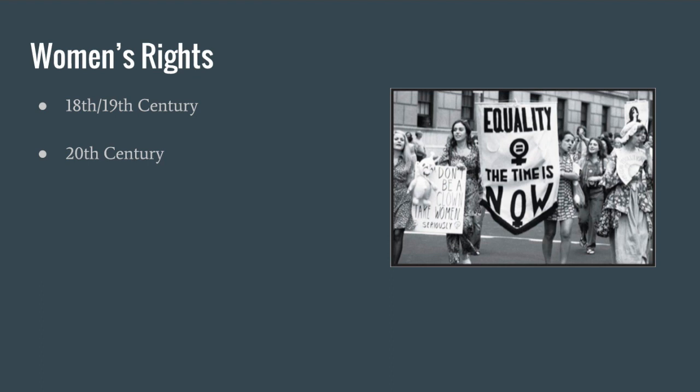Jumping forward a couple decades, 1963, under Lyndon Johnson, the Equal Pay Act became law, promoting equal pay, which connected to the greater civil rights movement, but promoting equal pay for all people, you couldn't discriminate based on race or gender or anything like that. And then part of the Civil Rights Act of 1964, Title VII of the Civil Rights Act, says that you cannot discriminate based on race or gender in hiring. So if you're going to hire an individual, it can't be because they're a man and you want to have a man in that position generally.